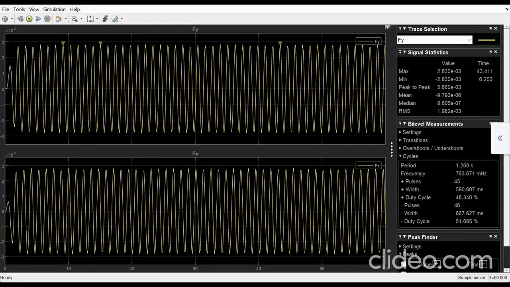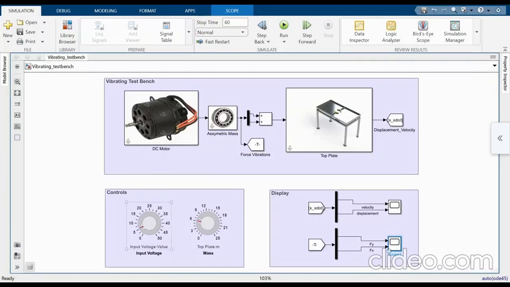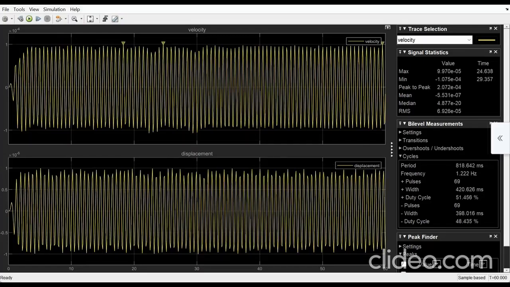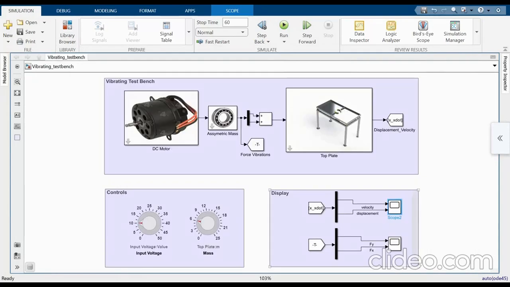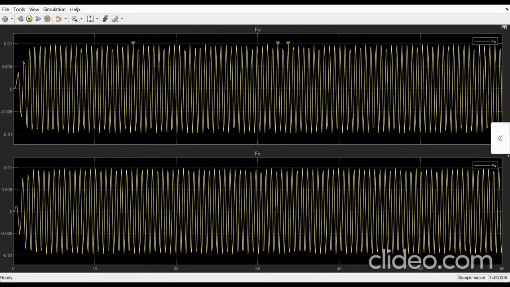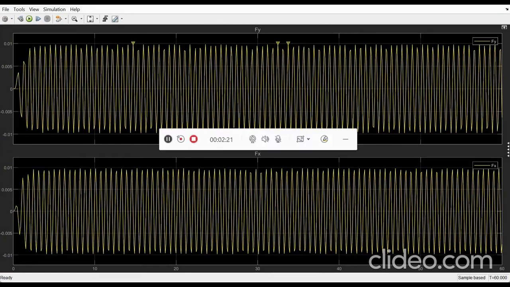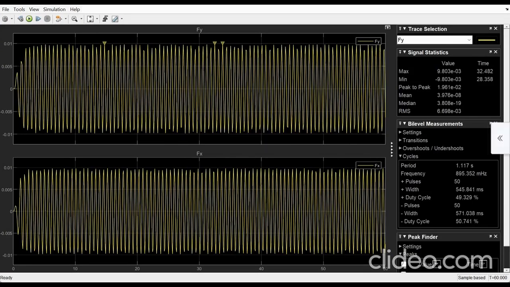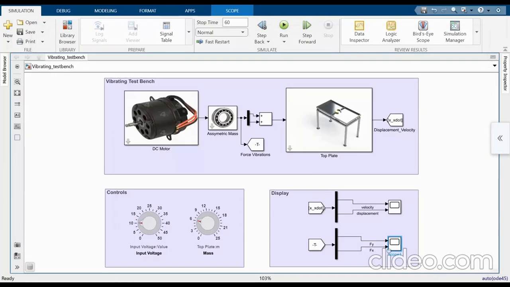Next, we will move to the second experiment, which is to vary the input voltage while keeping the mass constant. According to the second experiment, the mass will be kept constant at 6 kg, while varying the input voltage in steps of 5 from 5 to 15. Starting from 5 volts, the system was run and the mass of 6